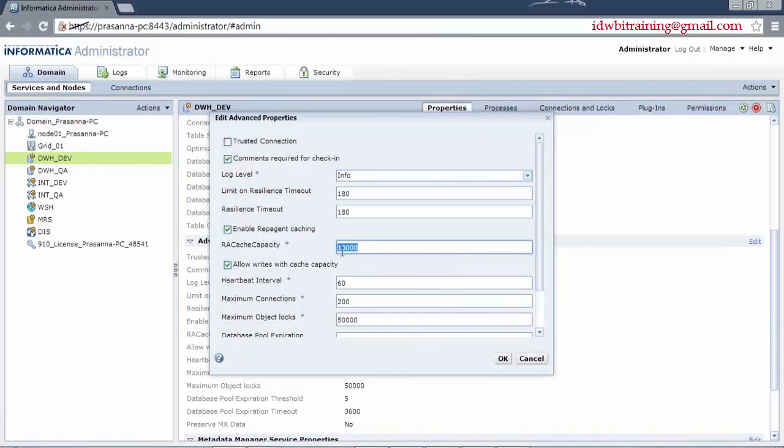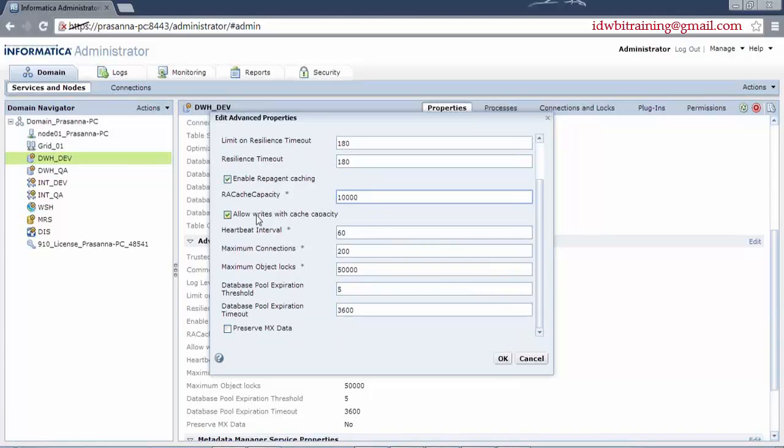And that's the cache capacity. That's the number of objects which we can maintain at a given point of time. That's not in MBs or KBs. Now this is the PM ping, which is the heartbeat interval, which means to check every 60 seconds if